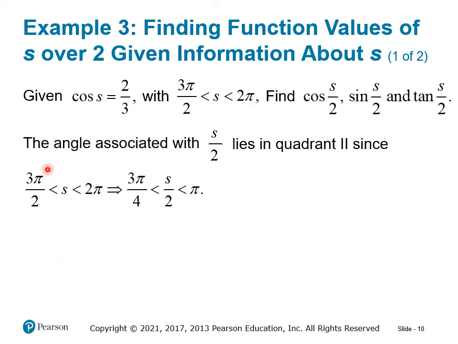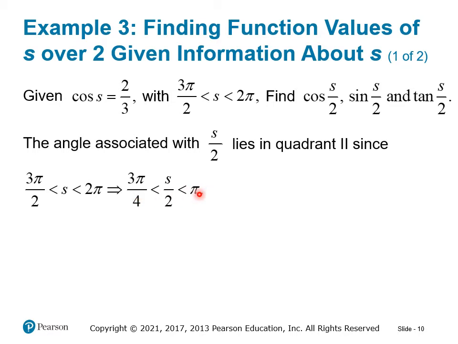So here we get 3 pi over 2 divided by 2, which is the same as 3 pi over 2 times 1/2, or 3 pi over 4. S divided by 2 is s over 2. And then 2 pi divided by 2 is pi. And so we can see that the angle s over 2 is between pi and 3 pi over 4, which